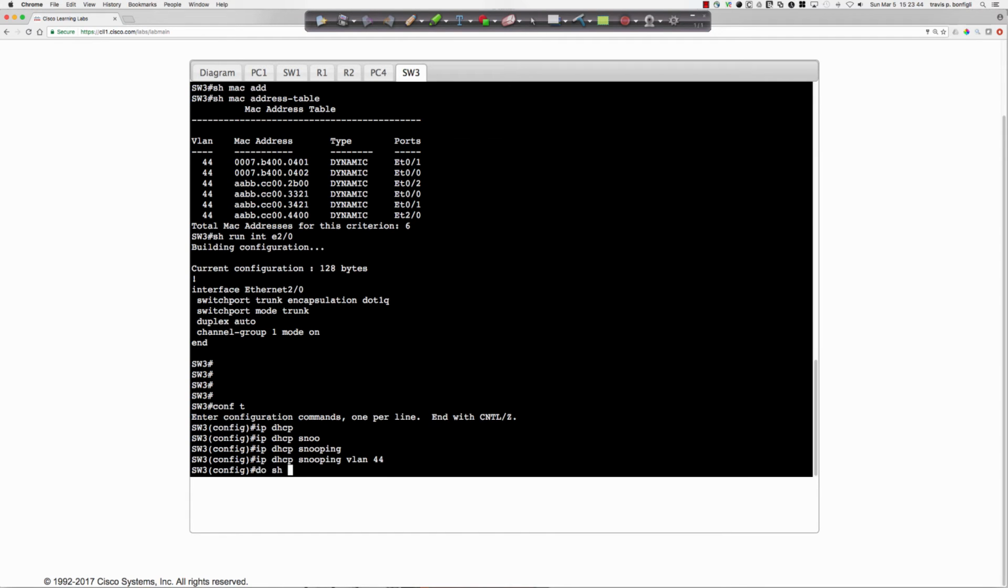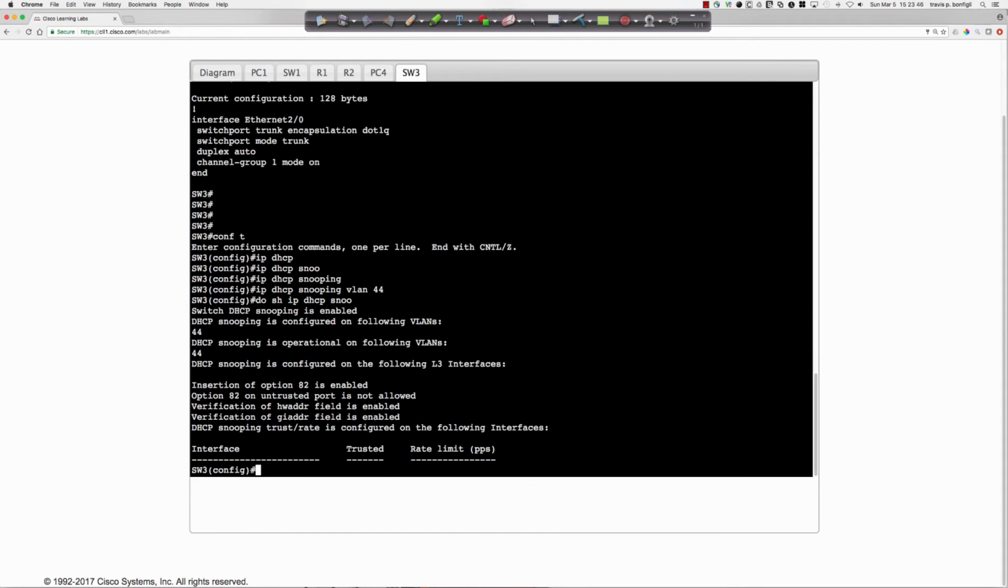do this, if I were to say do show IP DHCP snooping, right, Option 82 on untrusted ports is not allowed. So there's no option 82 there on the untrusted ports. So we don't have anybody in here. So everybody is untrusted right now. So we want to trust the ports facing the DHCP server